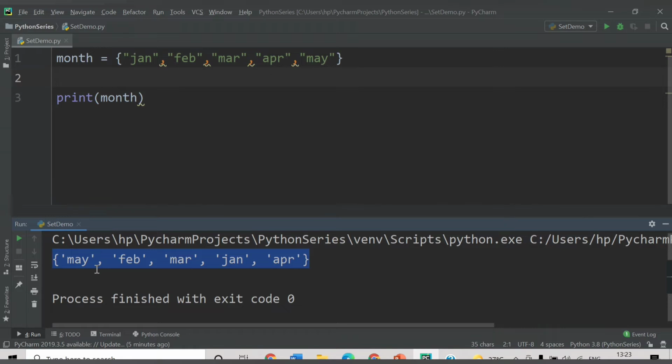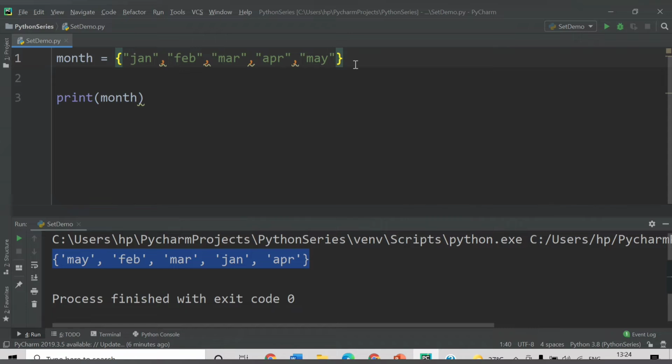They are not in a specific order. It means it will not be in the same way you have provided. We provided in sequence Jan, Feb, March, April and May, but in the output we are getting May, Feb, March, Jan and April.